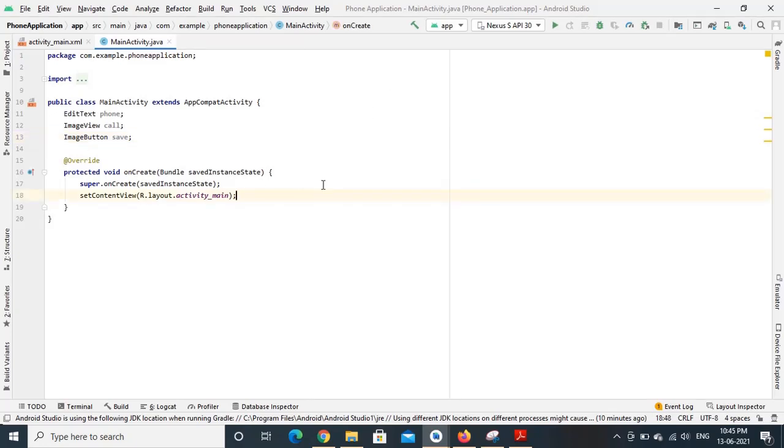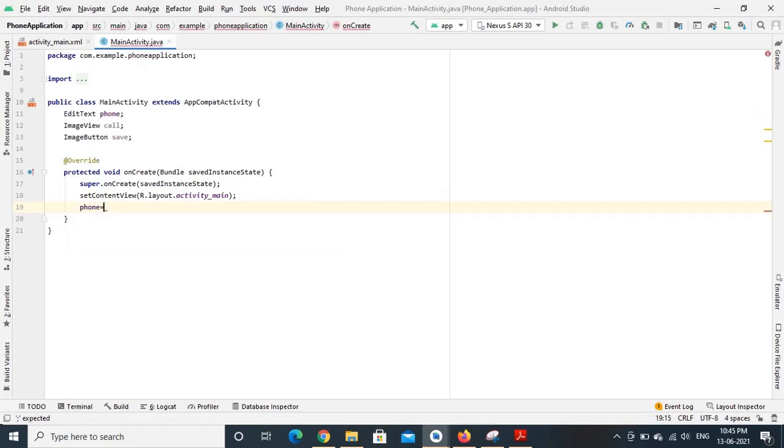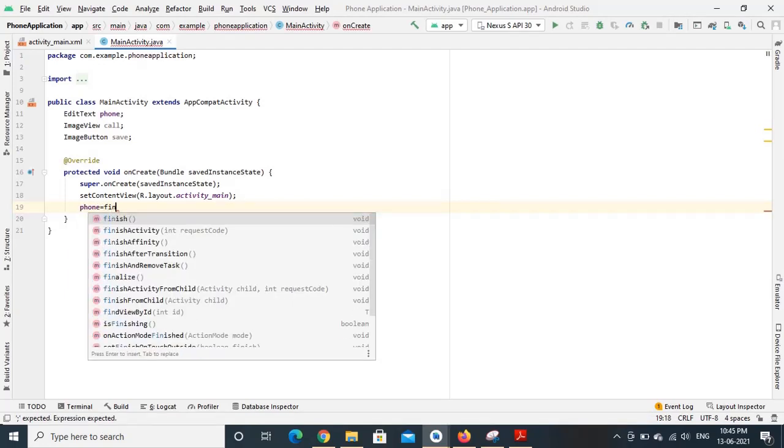Accordingly, reference all the components for the declared variables. The first one is phone number edit text using find view by ID.